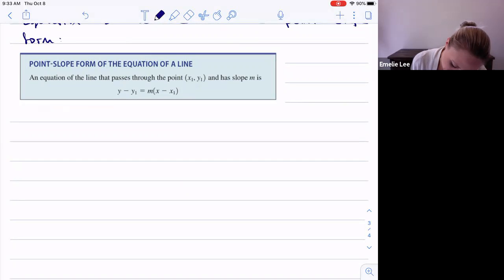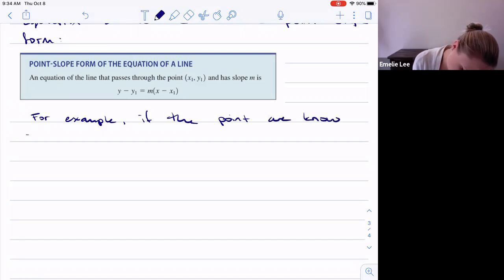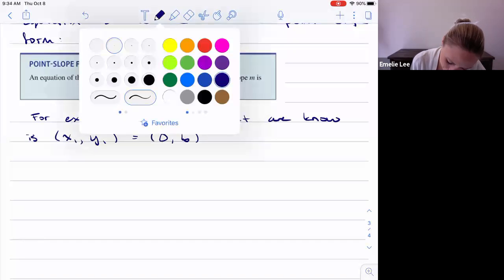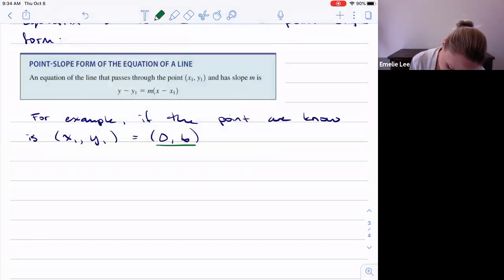So, for example, if the point we know is x1, y1, which I'll let be the y-intercept, where x is 0, y is b, the y-intercept,